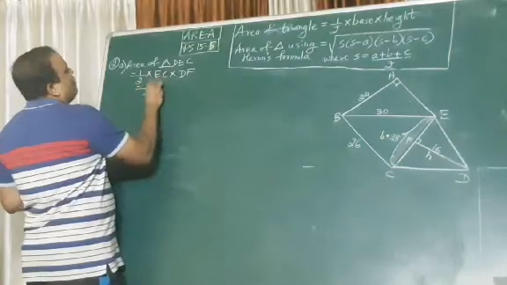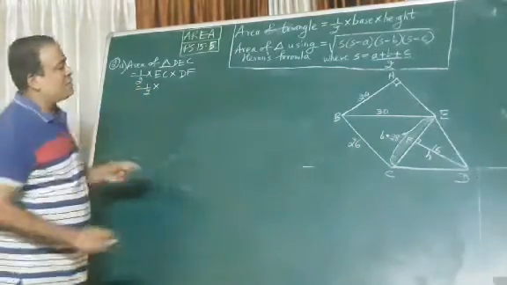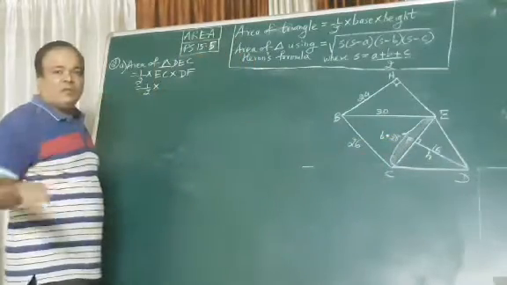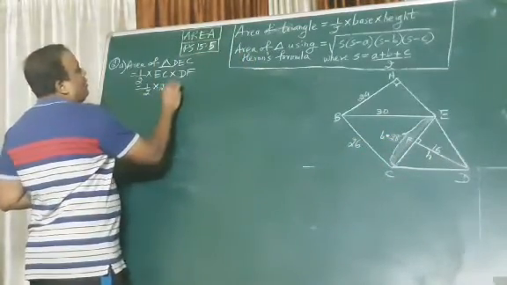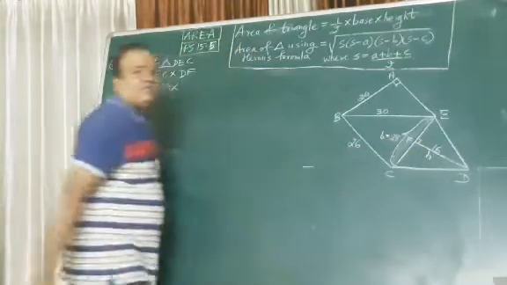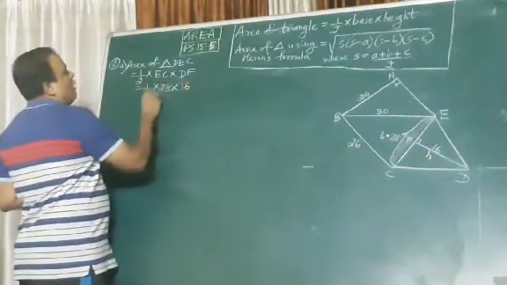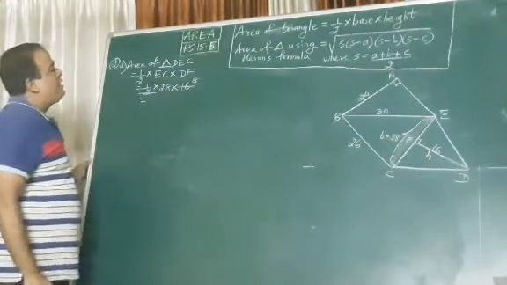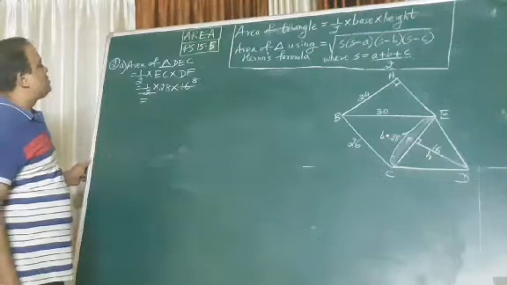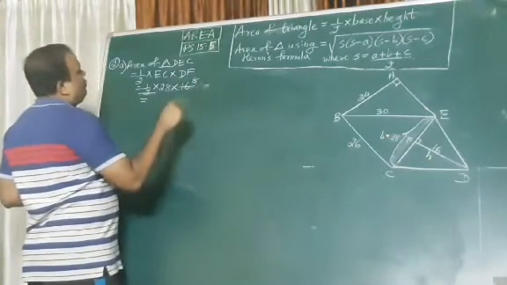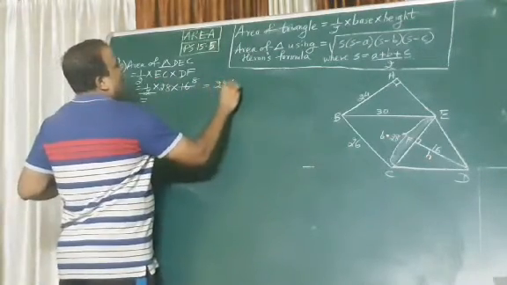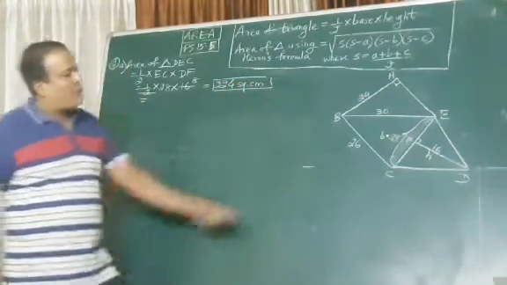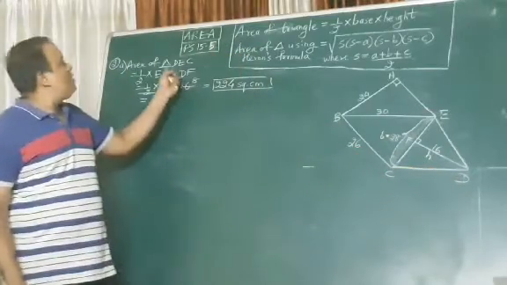So half into EC. EC कितना दिया है? EC is 28, no? Can you see I have written the full thing? I put a full thing, no? That means the full EC is 28 into DF कितना है? DF कितना दिया है? 16. So I can do 2 ones are 2, 8s are. So okay, so I'll get 28 8s are. So 28 8s will be 4 and 6. So 224. 224 square centimeters. So I got the area of this triangle ECD, EDC or DEC, whatever.